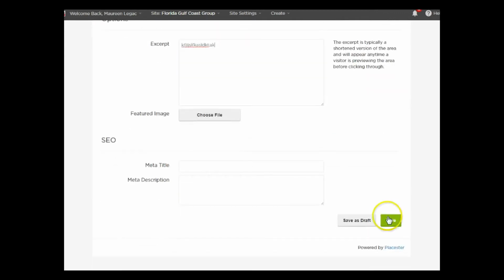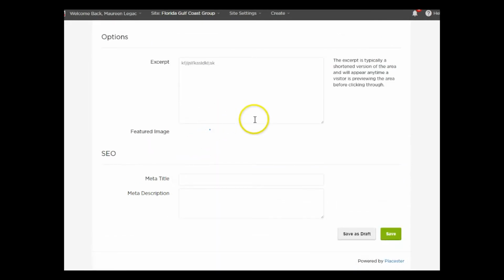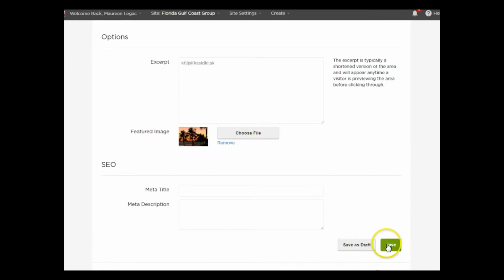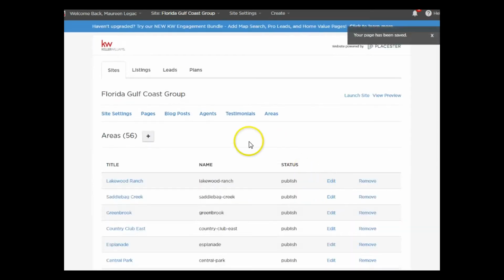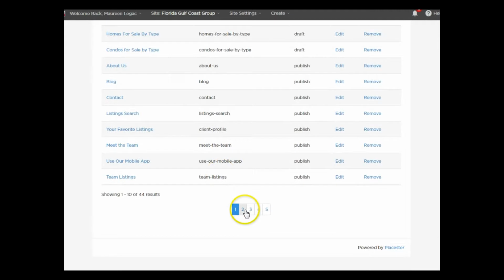So I'm going to come down here and I'm going to add a featured area image, and that size to be the same as the other images, and then I'm going to save that page, and it's going to add that to my areas. Then I have to go to my pages, and I have to look for the communities page that I have,